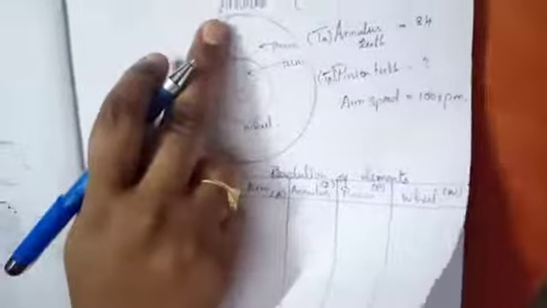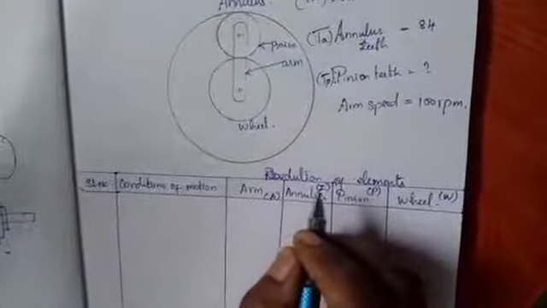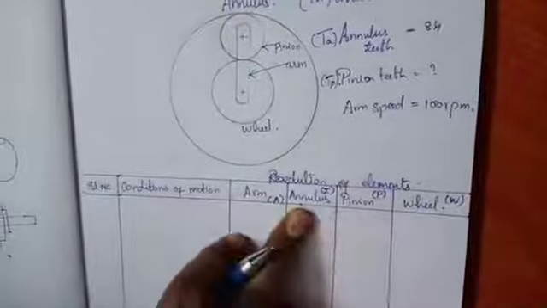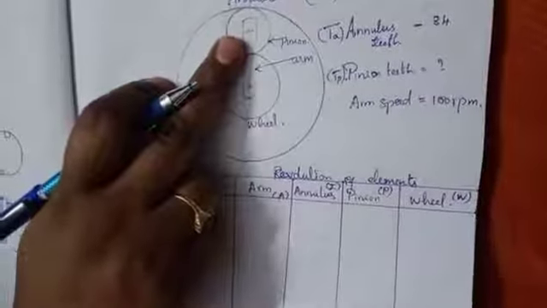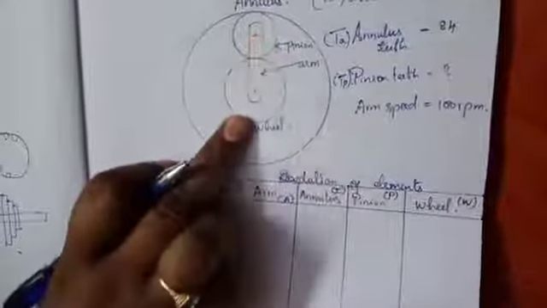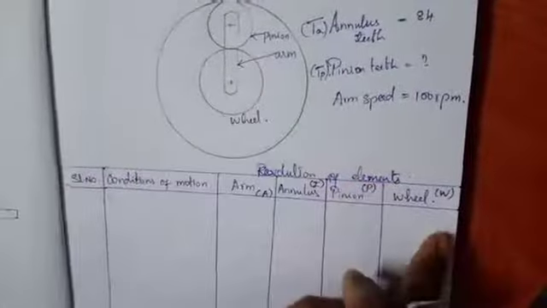Then the power is given to the internal gear. I am starting from the out to in. I am moving like this. For the internal gear, you can start anywhere. You can start from wheel to internal gear or internal gear to wheel. I am doing the method internal gear to wheel. So the arm is the first preference. The next one is the annulus or internal gear I have drawn here. From this internal gear, the motion moves to the pinion. So the next one is pinion, and from this pinion the motion moves to the wheel. The final one is your wheel.